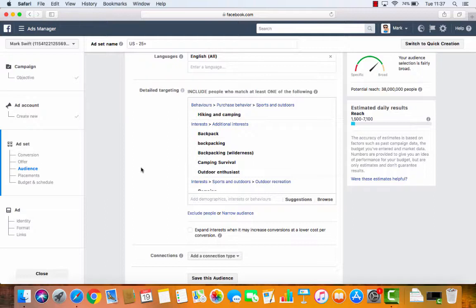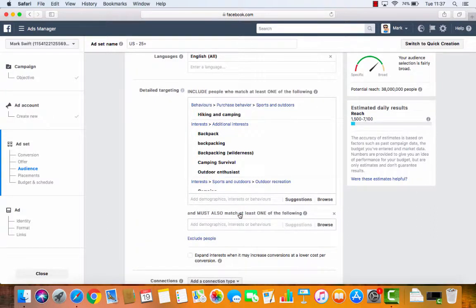But if you're targeting very narrow and people are extremely interested in that kind of thing, then obviously you're much more likely to get a sale. So we narrow the audience down, and this is where we would use